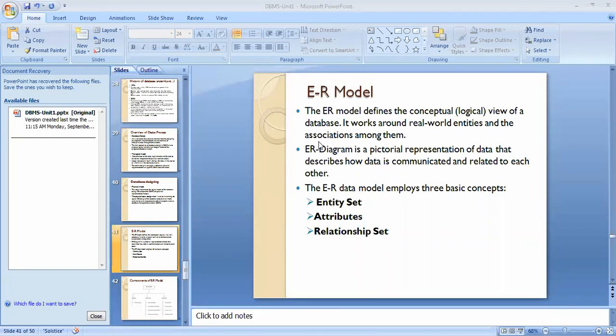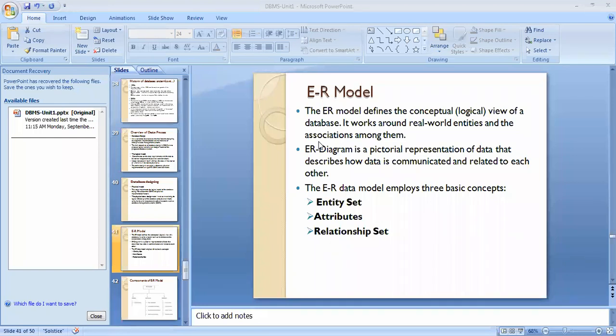I will repeat one more time. The ER model defines the conceptual or logical view of the database. It works around real world entities. Real world entities means what? Here employee, cars, persons, organization. These are the real world entities. And associations means relations among them.